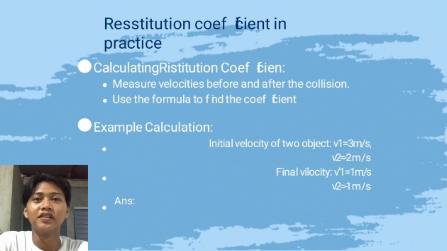Here is an example. Car A was going at 70 miles per hour and car B was going at 50 miles per hour. After the collision, car A is going 40 miles per hour in the same direction and car B is going 60 miles per hour. What is the coefficient of restitution between the two cars? Well, we need to figure out the relative speed before the collision. That's just the difference of the two velocities, knowing that leads to an expanded equation.